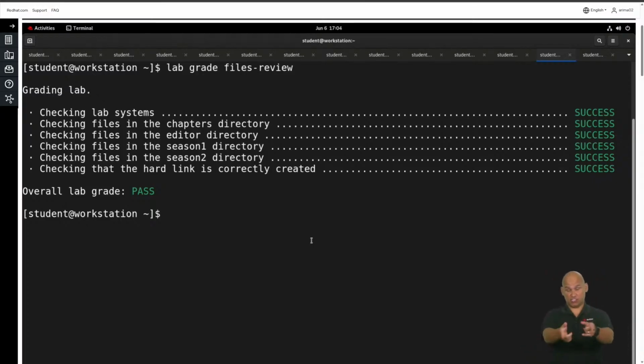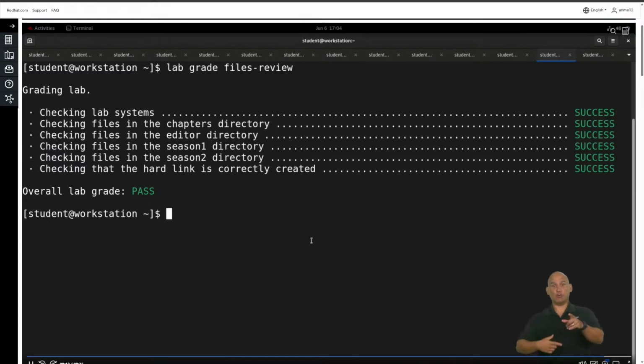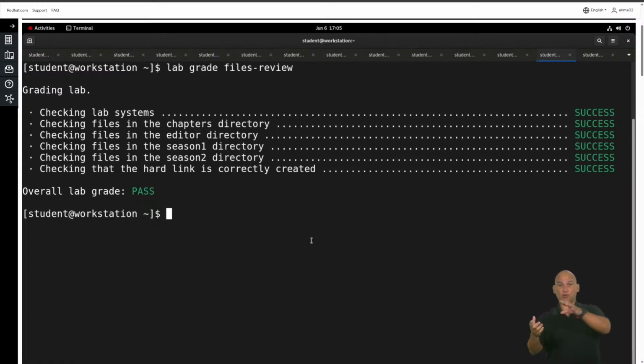hopefully you have a pass. I certainly hope that you have a pass. Now, if you don't, fear not. One of the cool things about using these grading scripts is that you can run them over and over again. So what that means is that if you don't have an overall pass, you can go back, you can refactor,